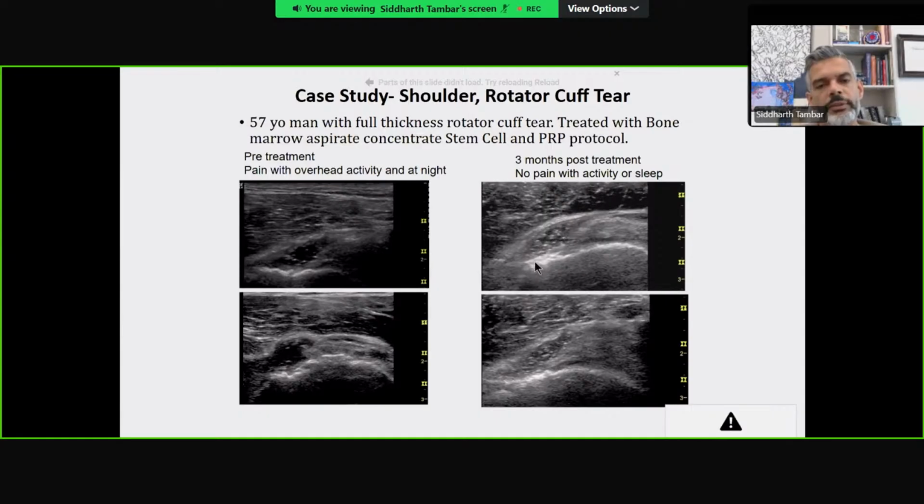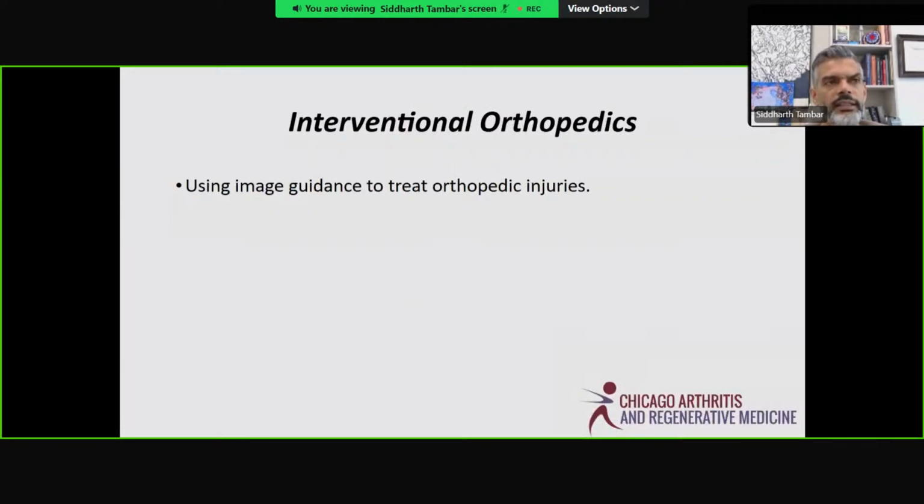This is 3 months afterwards, doing much better clinically. Now you see where that big hole was. Now there's filled in structure there. He's still doing great a few years after treatment. I think he's actually like 5 or 6 years out of treatment now.